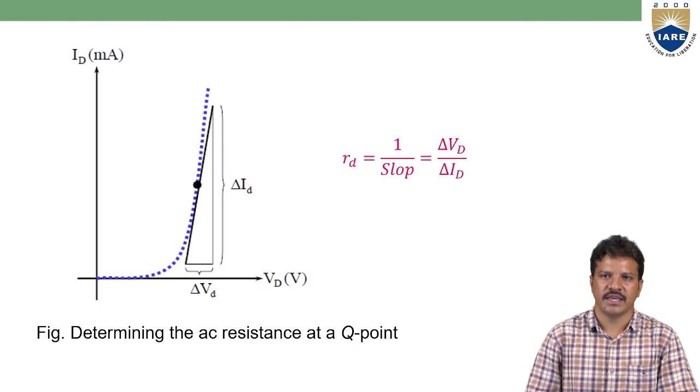So the blue dotted line represents the characteristic curve, and take the Q point as a black dot. When we take a straight line, a tangent line, through this Q point,